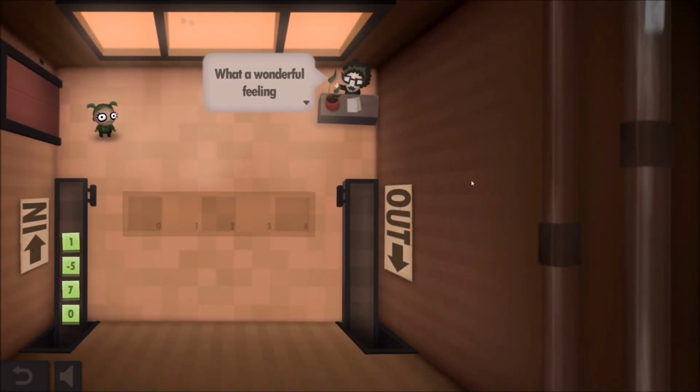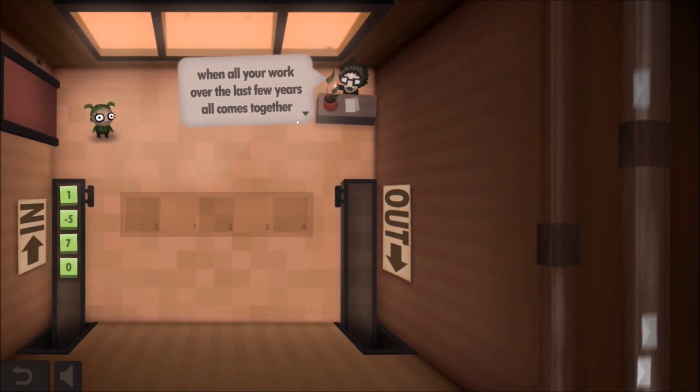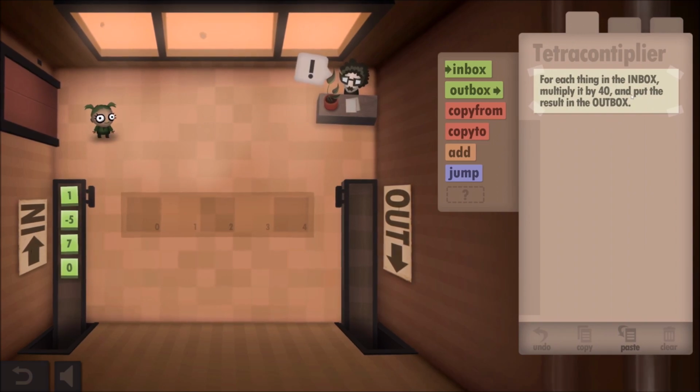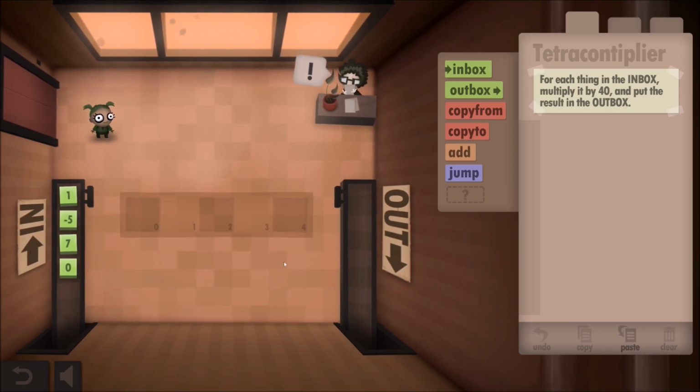I was thinking in my head if it would work or not. What a wonderful feeling, when all your work over the last few years all comes together and accumulates in a well-executed assignment. For each thing in the inbox, multiply it by 40 and put it in the outbox. Okay, so this is just like the code from, and this is an interesting thing too. You can,